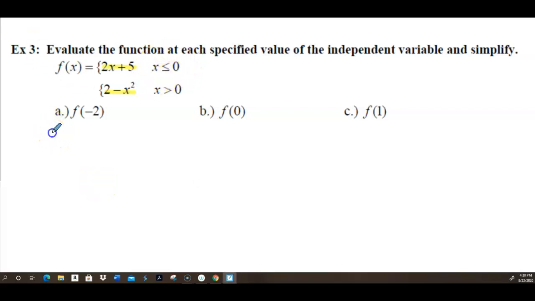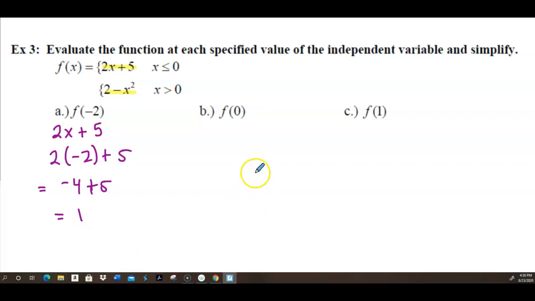We take 2x plus 5, and everywhere we see an x, we plug in the -2 to find f of -2. So this will be 2 times -2 plus 5,